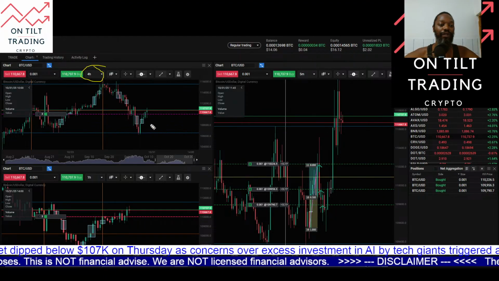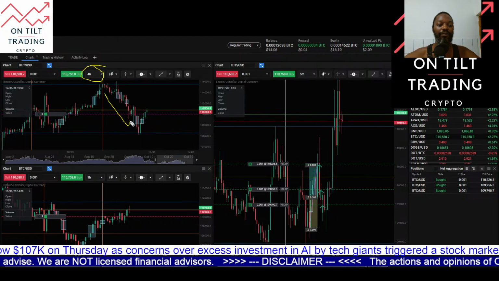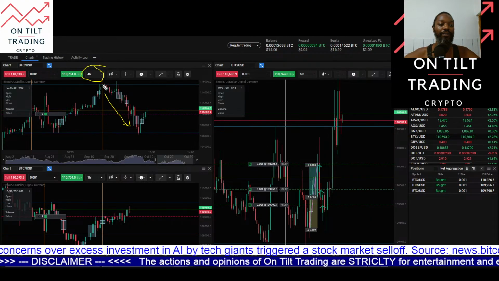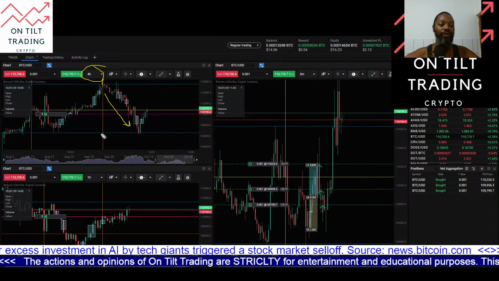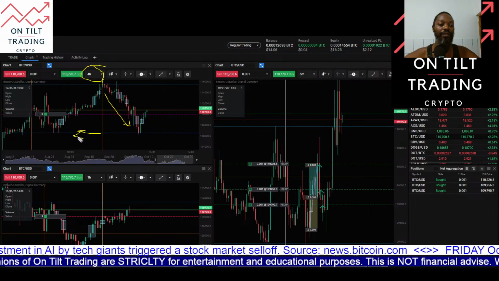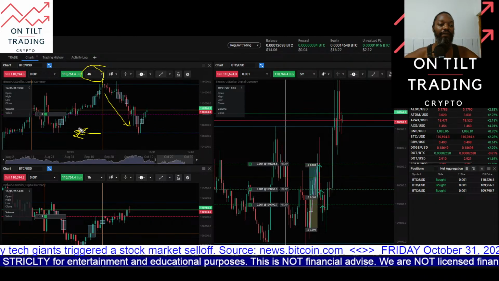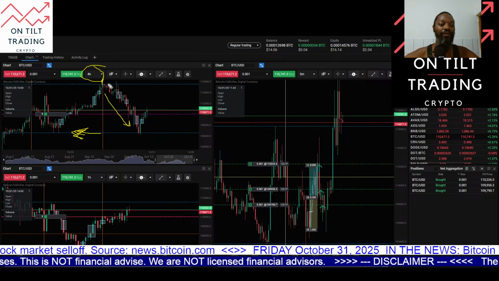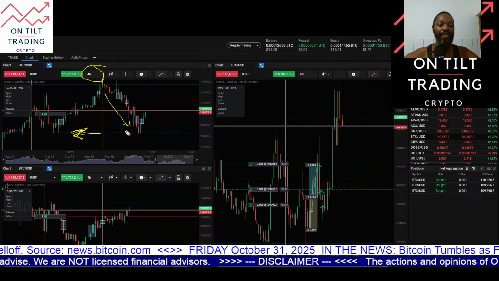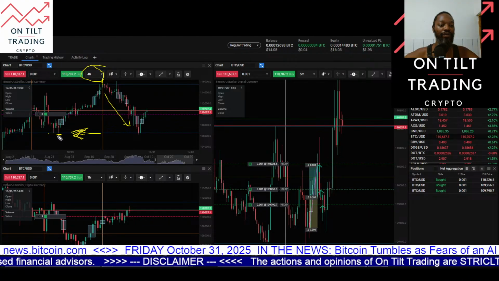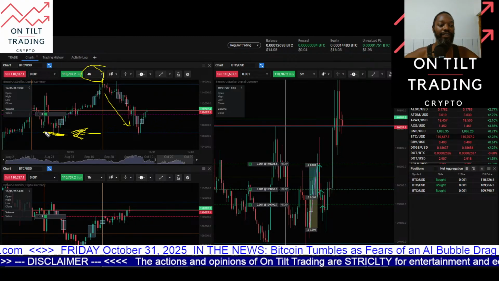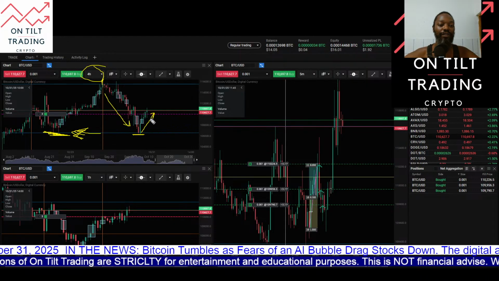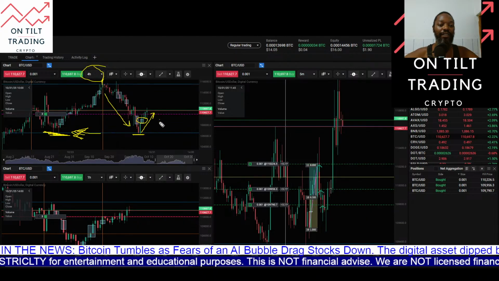So here on the 4-hour chart, you can see that Bitcoin has been delivering to the sell side here. Bitcoin up here wicked through the previous week's high. So this is the previous week, anything to the left of this orange line. So you can see here it wicked above, then sell side delivery, and then this is the low of last week. So this sell side liquidity was swept out of the market here, and now Bitcoin has returned to the buy side, putting in a bullish